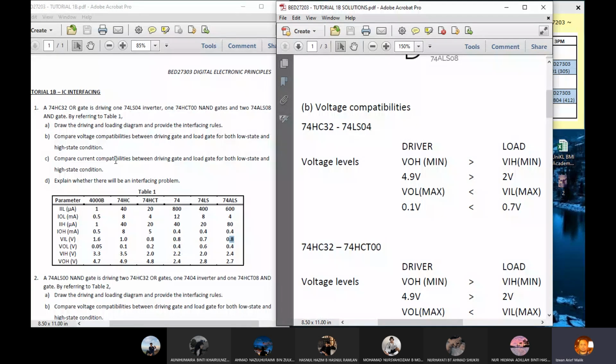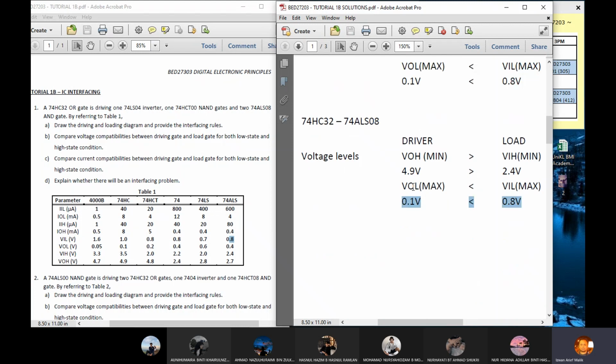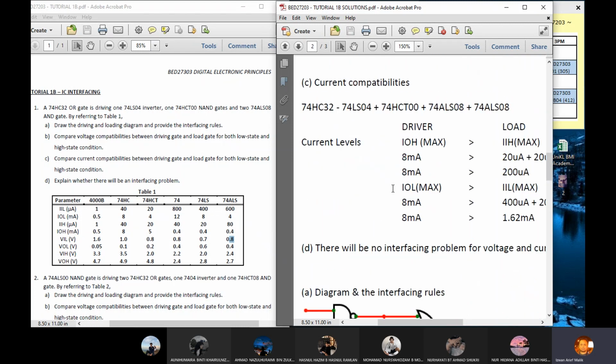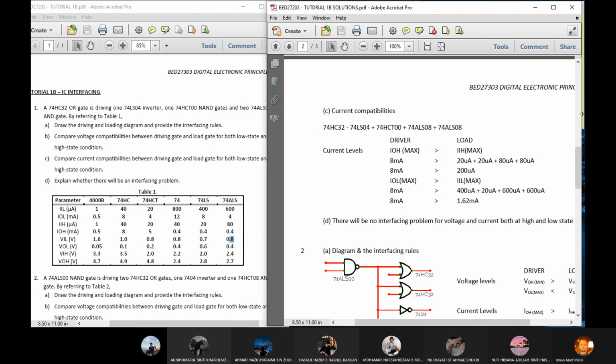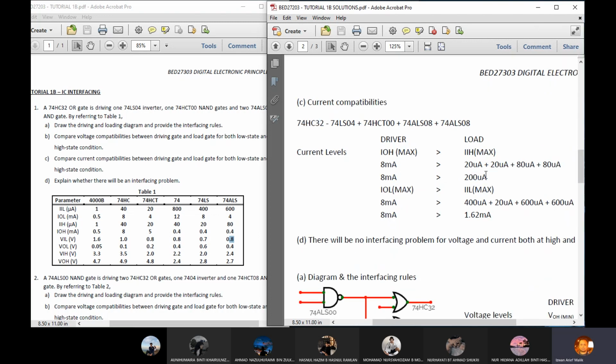C, compare the current compatibilities between driving gate and load gate for both low state and high state condition. So in this part here, it will be a little bit tricky. So kenapa saya kata tricky? The reason why is because for current measurement, bila kita ambil nilai current is measured in series. Dia kira secara sesiri. So bila sesiri means that you have to make sure that you need to add up all of the load gate punya nilai current. Baru you compare dengan